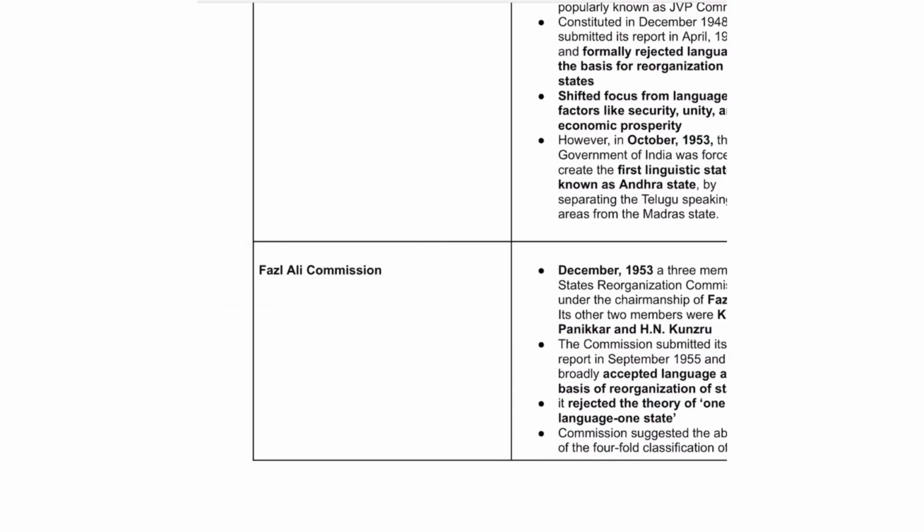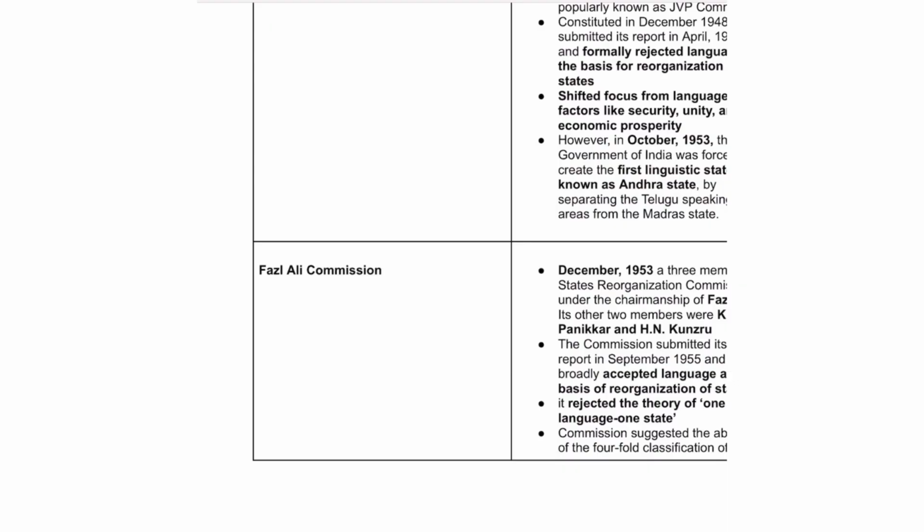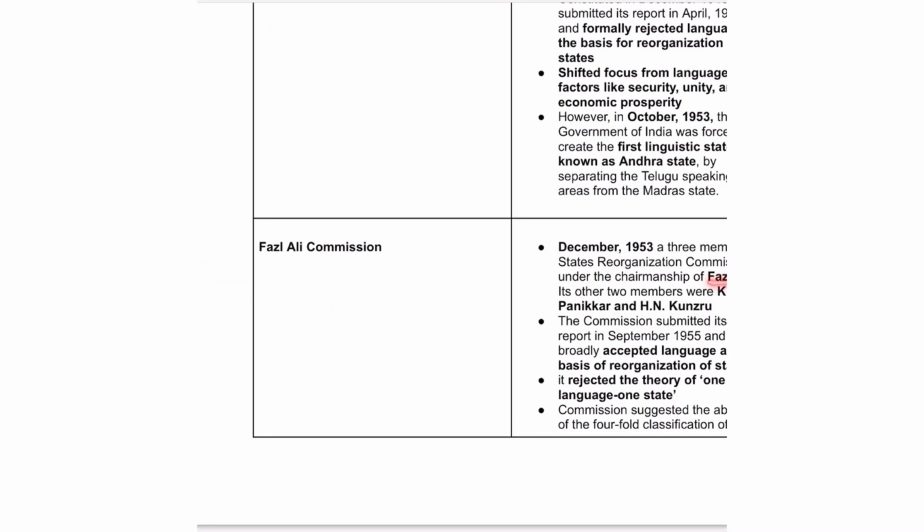So what happened in October 1953 is that the first linguistic state, called as the Andhra Pradesh, was created because of some linguistic tensions. So that then gave rise to the Fazal Ali Commission under the chairmanship of Fazal Ali and two other members, the K.M. Panikar and H.N. Kunzuru. So that commission accepted the language as the basis of state reorganization. It, however, rejected the theory of one language, one state. Okay, but basically language was their main